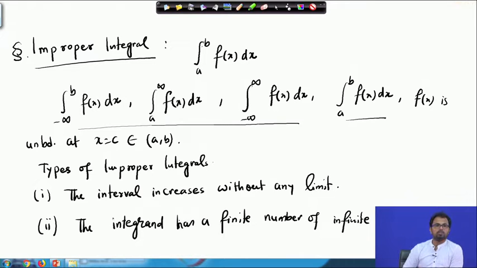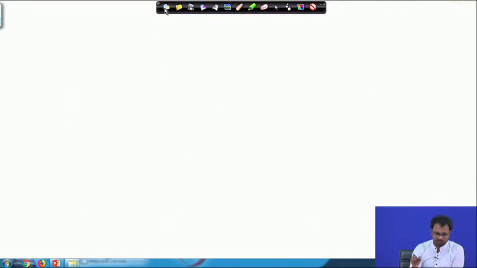So any one of these two things can happen with our function or with our integral, and then such type of integrals are called the improper integral. So let's look into type 1. So type 1 type of improper integral. So type 1 type of integral is